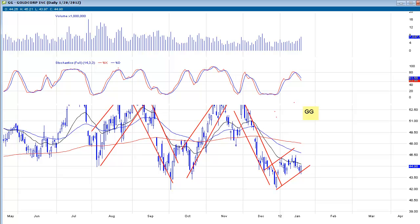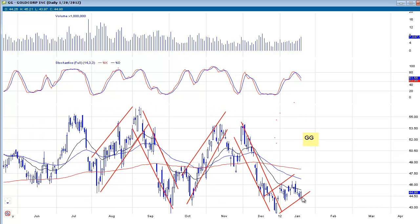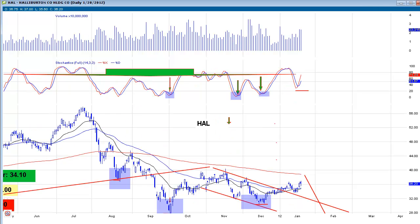You can definitely see that we're now pulling back towards the bottom part of the channel there. Stochastics are pushing back. It's a tough call on this one. Not really looking at it going forward. Halliburton was on the watch list last week,